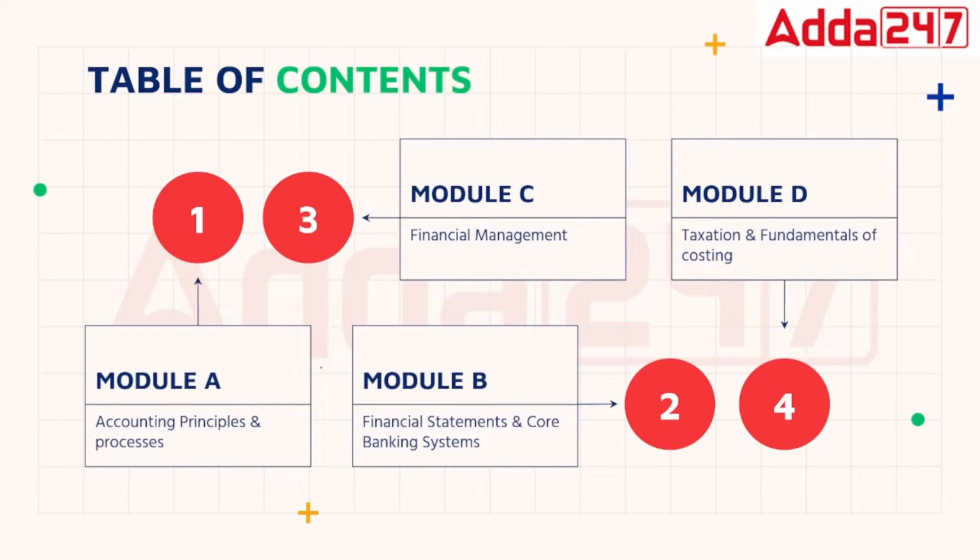So, do not skip module B altogether and move on to C or D. Module A and B are deeply connected. Whatever basics you learn in module A will help you understand the financial statements as well as the core banking system. That means you will understand the working of a company, and you also become very specific and learn about a banking company. Okay, that's the first thing, module A as well as module B.